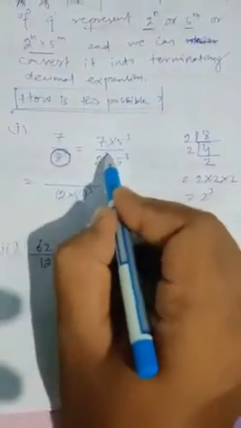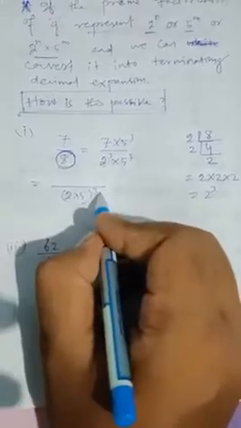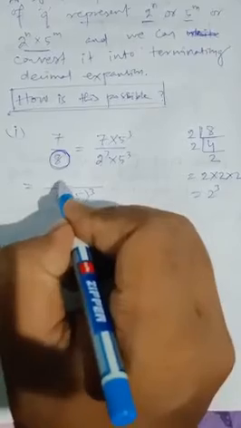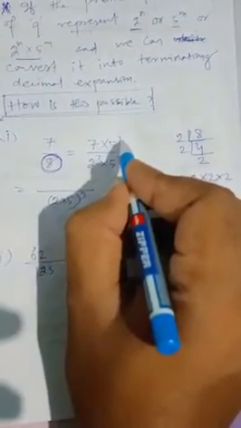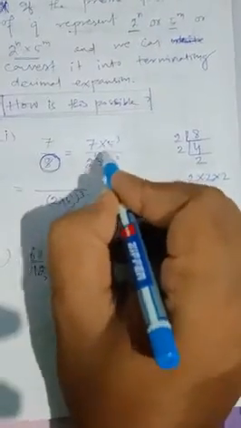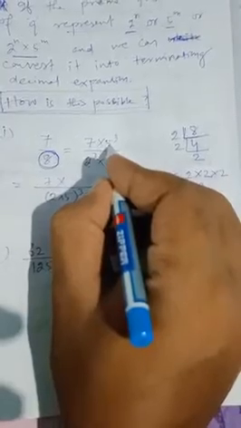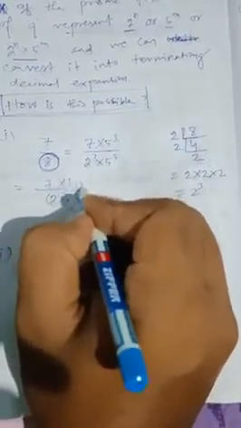Right now, in this way, here also 2 to the power 3 and 5 to the power 3, so it will be 2 into 5 to the power 3. Right now, again, to balance this fraction, we multiply 5 to the power 3 with the numerator also, so it will be 7 into 5 to the power 3, then it is 5 into 5 25, and 25 into 5 125. Right now, in the next step, what will happen?